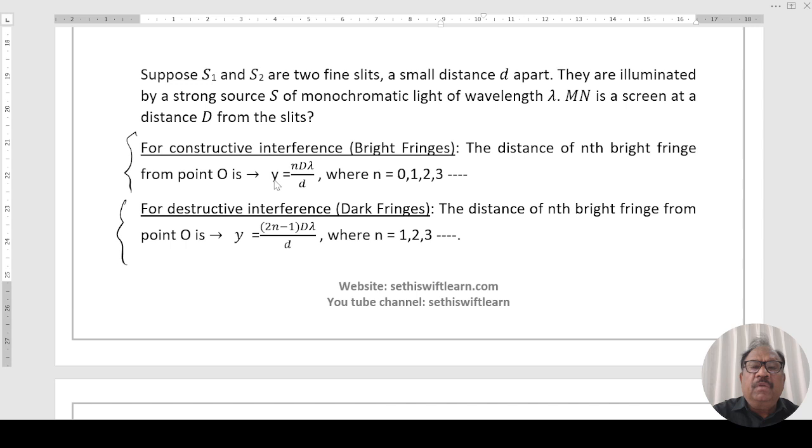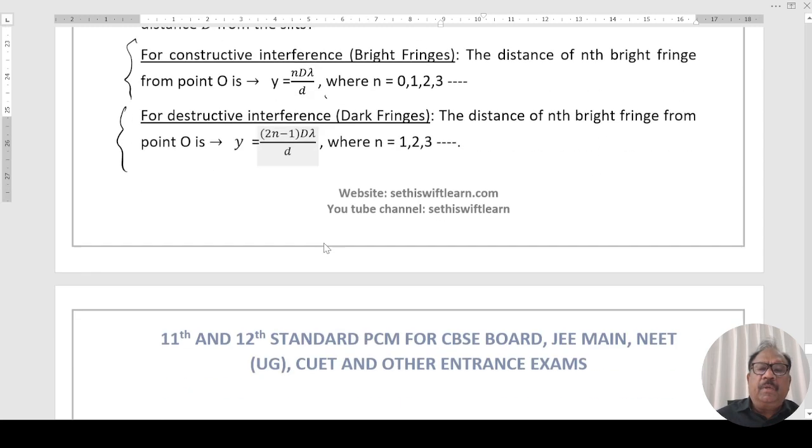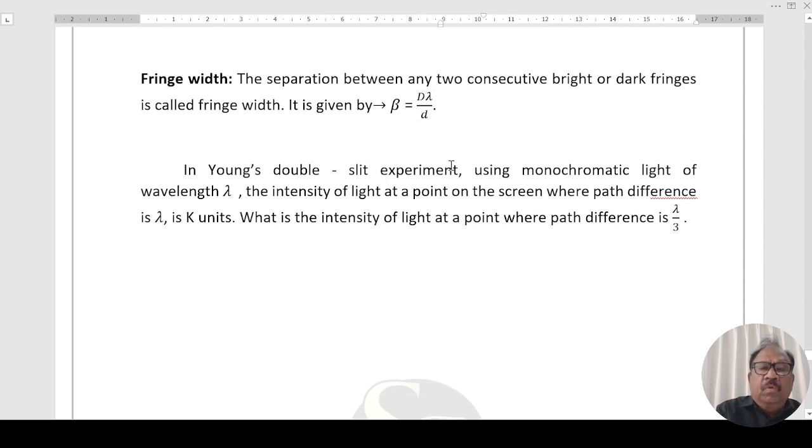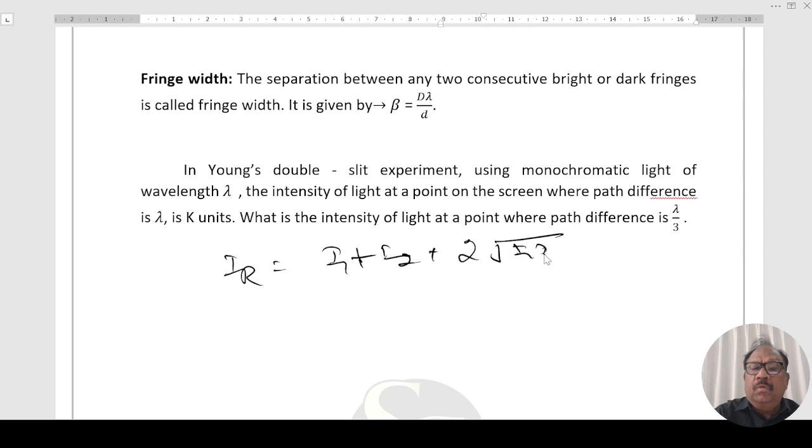Y is the distance from the center, that is equal to n lambda D upon d. 2n for constructive, and (2n minus 1) lambda D by 2d for destructive. Fringe width is lambda D by small d. Now, you know the resultant intensity IR is given as I1 plus I2 plus 2 root I1 I2 cos phi. Now, as I1 equal to I2 equal to say I,